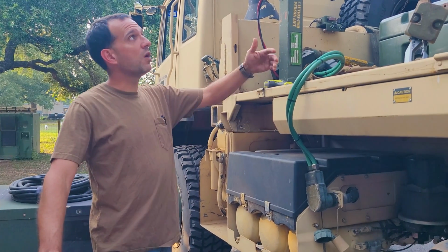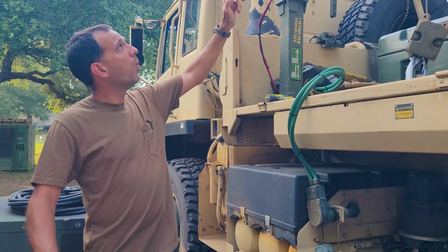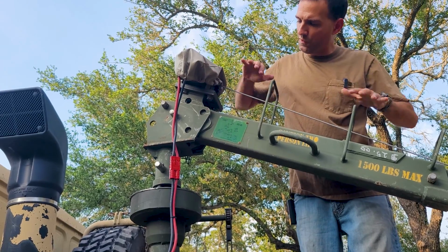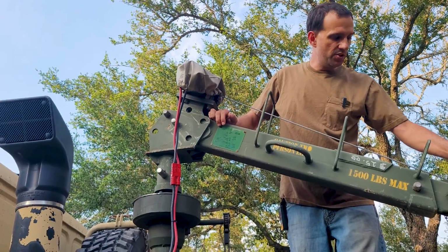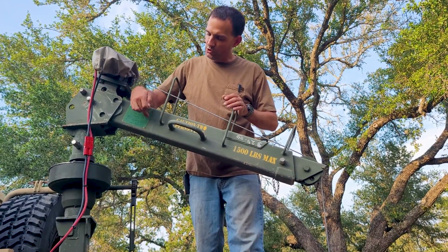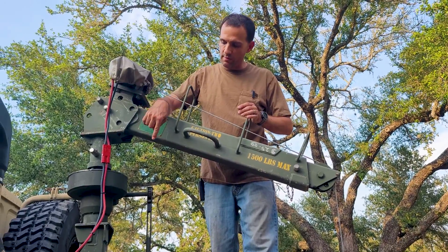But anyway, so I'm gonna loosen this, and I still need to extend the boom and all that stuff. One thing that I'm going to do, the placard on each side that shows the different angles and stuff like that. I noticed the first time that I extended the boom, because they use pop rivets on this, this just slides in and out. The pop rivets interfere with the boom easily sliding in and out, and it jams. So I'm gonna drill out these pop rivets, and then I'm gonna eventually remount them down there on the boom